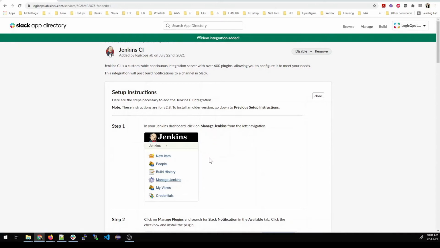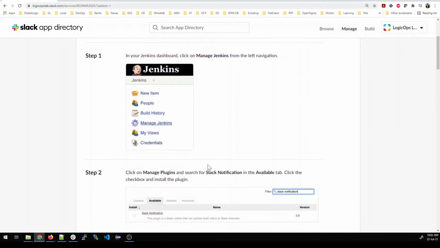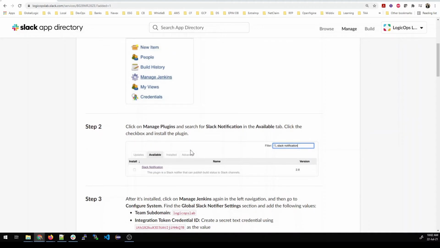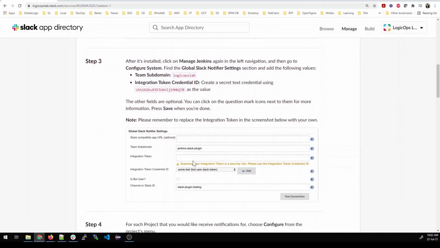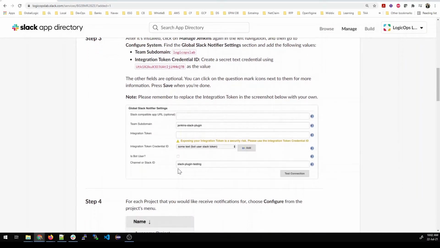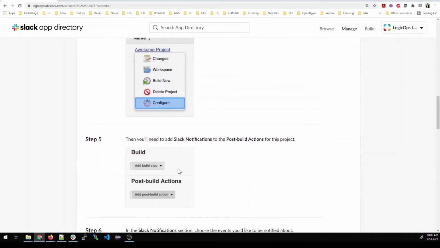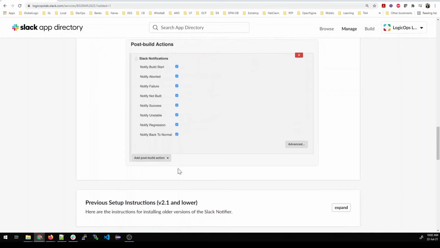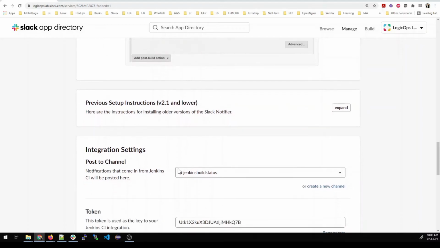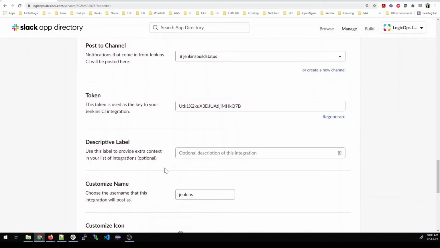That's all. Now once done, it will direct you to the setup instruction. You can read all these instructions, and on the other tab what you can do is you can go to manage Jenkins and do everything that these guys are saying. You can just scroll through. I am just scrolling through so that you can see what has been happening in all the steps. Step 1, step 2, step 3. Do not worry about it. We'll do a part of it in a few minutes. So there are almost 6 steps they have explained. What you have to make sure is that you keep this token handy and save it somewhere, because it will not show it again.